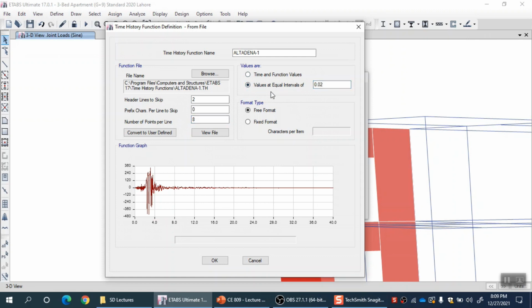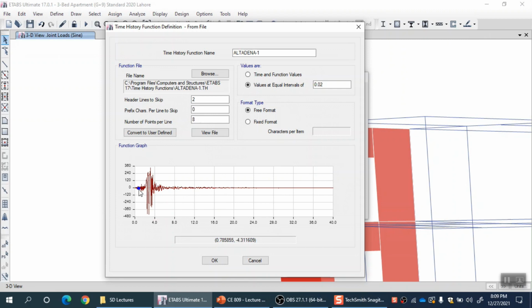This option should be selected, and the program has already drawn that data. So it's a 40-second earthquake which has this variation, but these values on the y-axis are acceleration values in centimeter per second square, right? Now the program doesn't know that.